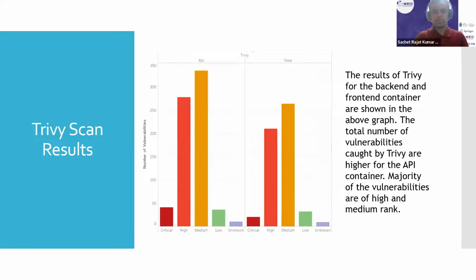But we also see that the number of vulnerabilities that Trivy ranks as critical in its severity rating is also slightly higher compared to Anchore. And that's honestly better because you would rather be safe than sorry. Hence, we would rather classify a vulnerability as critical than high or medium.